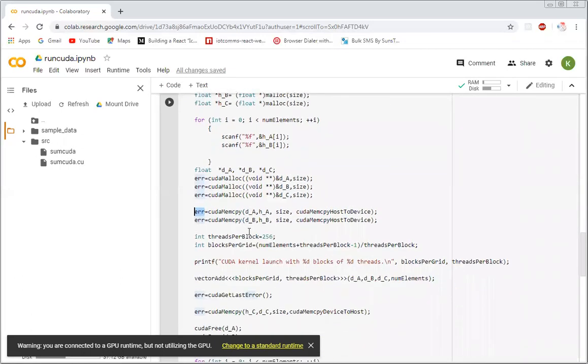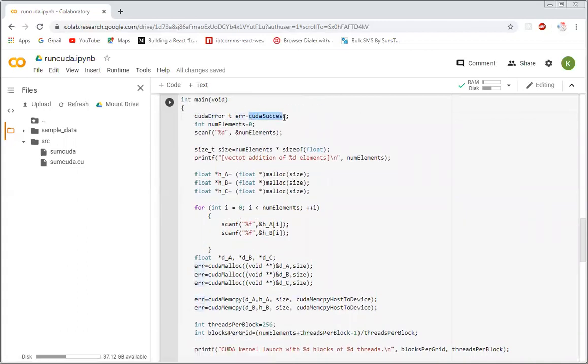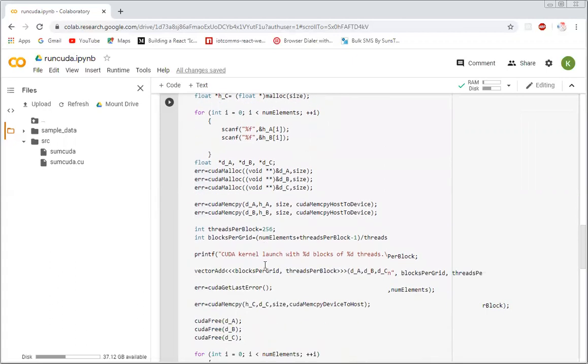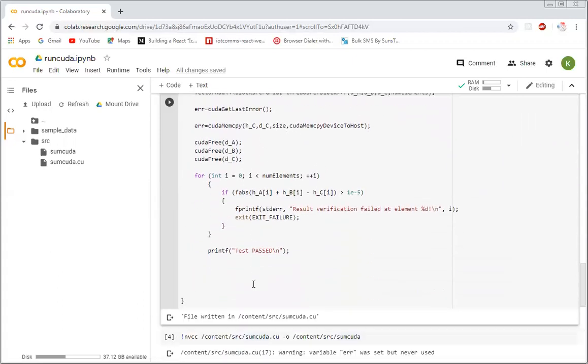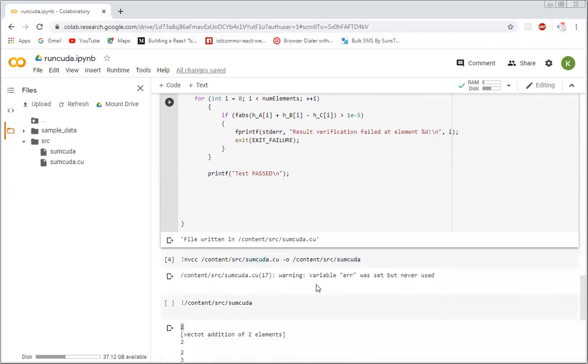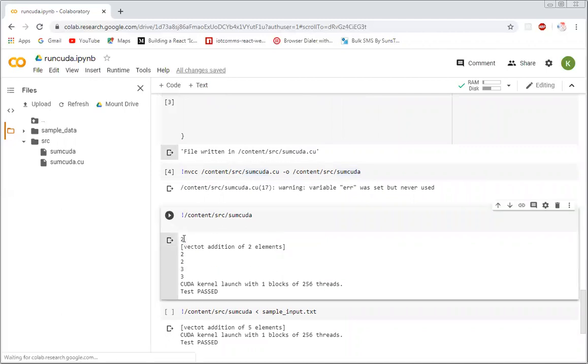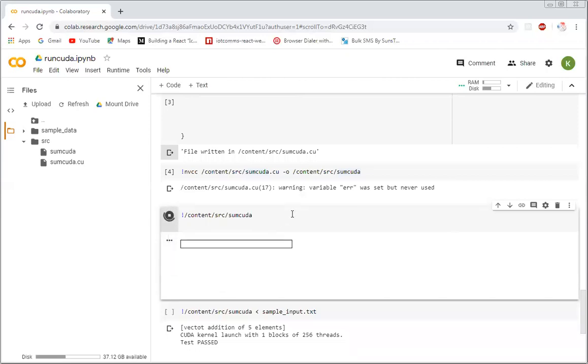So what you can write is if ERR is equal to cudaSuccess, in that case you can print it, we will see it, don't worry. Then we have compiled it successfully. An error was there, no problem, it means warning only. Now we want to execute it. When we execute it, it will ask how many values in each array, in each vector. So let me execute it.